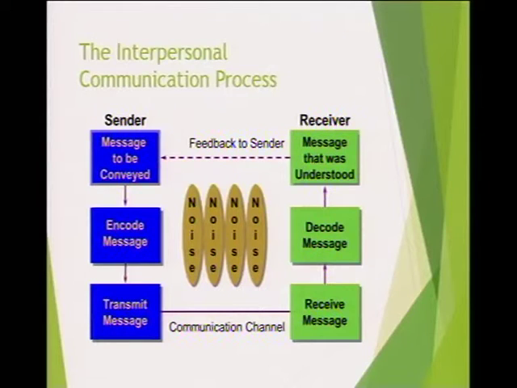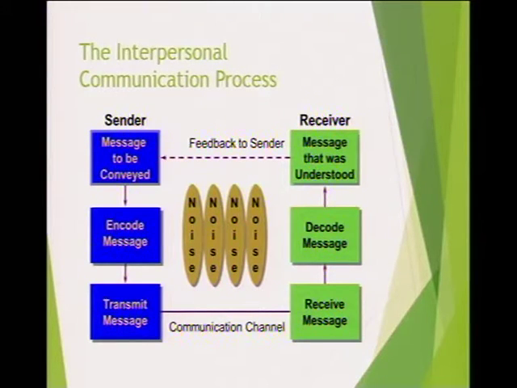Now, for us to communicate effectively, there are certain factors that we need to take into consideration. There's what you call a communication process, interpersonal communication process. There are two major players in this communication process: the sender of the message and the receiver of the message. It's a process. And the sender of the message has a certain message to convey. This person encodes the message and transmits the message using a certain channel, a communication channel. The receiver on the other end receives the message, decodes the message, understands the message, and then sends the feedback